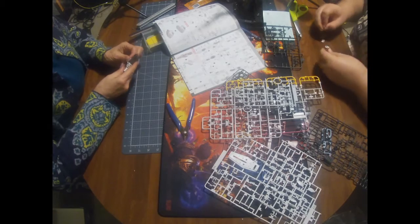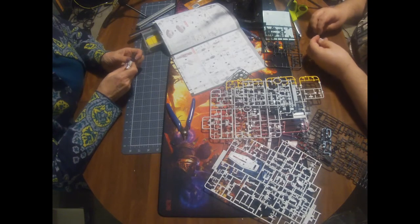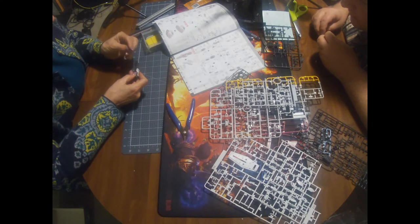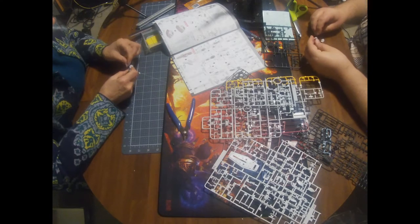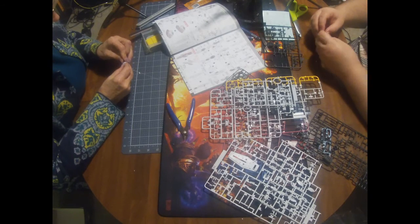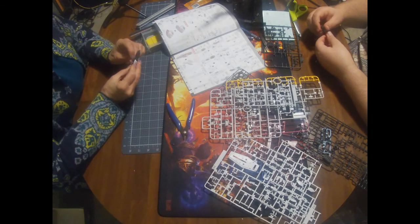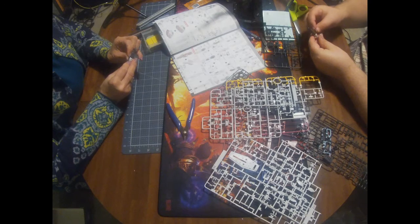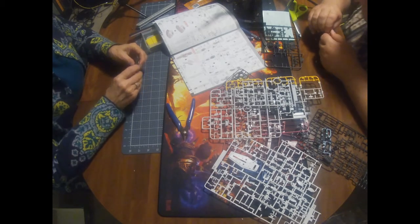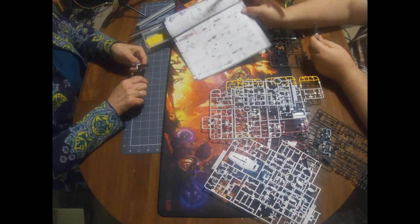Part of the challenge is, I see where this piece goes, but making sure you have the right one, as opposed to literally the left one. Sometimes the trick is to fit them on first to figure out which. When it's right, it clicks right in. It's just a matter of figuring out which way is the right way. Okay, I'm going to clean that up just a little bit. And then the fun part here is trying to figure out where the